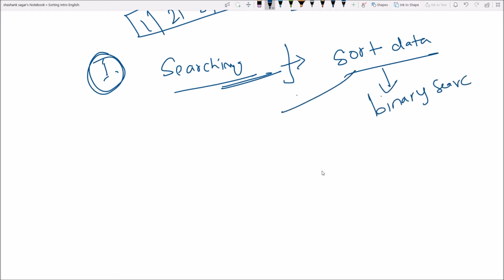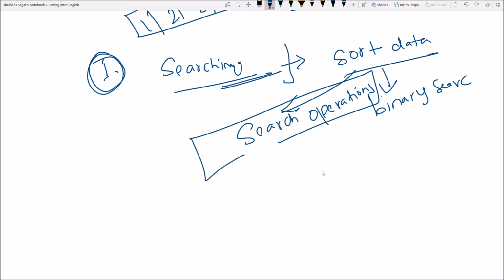Okay, so you can say to make search operations faster. What is the use of sorting algorithm? Sorting algorithm is mainly used to make search algorithms faster.